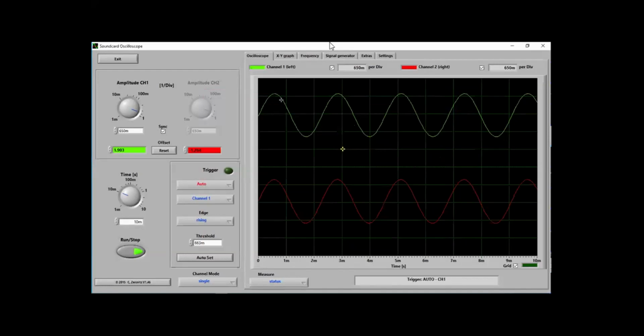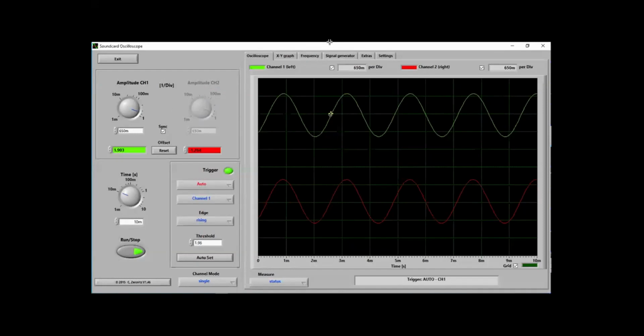So yeah, this is the software interface. I think you all have opened this one. And now we will explore each and every section of the software one by one. In this software, this is basically the oscilloscope. This is the first feature that we are looking at, so that we are able to see what kind of signal we have in the real world. So basically these are the signals of our speaker.